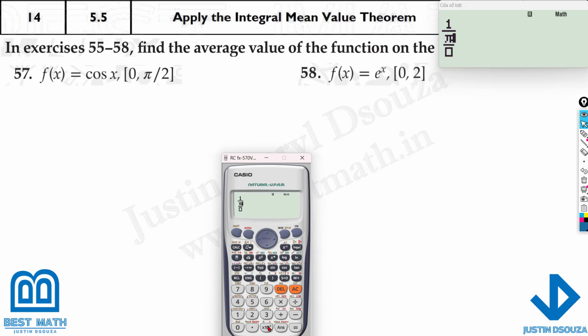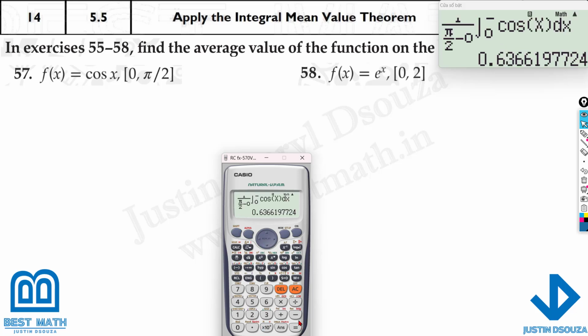Pi, shift and the symbol at the bottom, by 2 minus 0. Upper limit minus the lower limit. Now integral cosine x, close the bracket. The lower limit is 0, but the upper limit is pi by 2. Use the fraction symbol, pi divided by 2, and the answer is